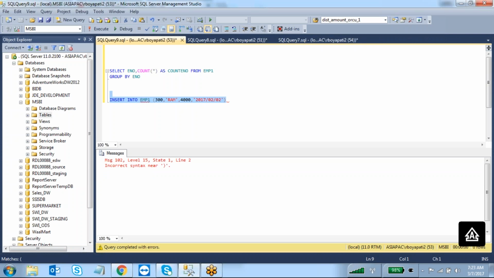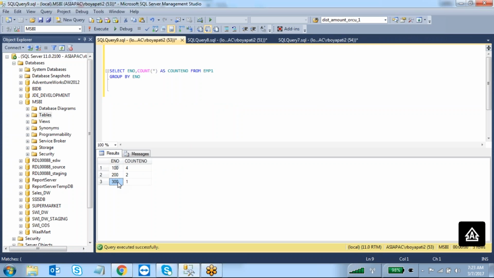Okay, so then insert into emp1 values. So now what you have, employee number 300 is only one time, and 200 is 2 times, and 100 is